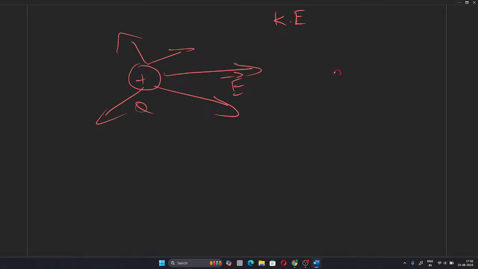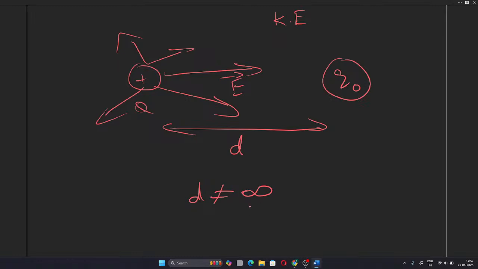No matter how far, if there is a q naught at a distance d, which is lesser than infinity, at all points where d is lesser than infinity and there is a charge q, then this q naught charge